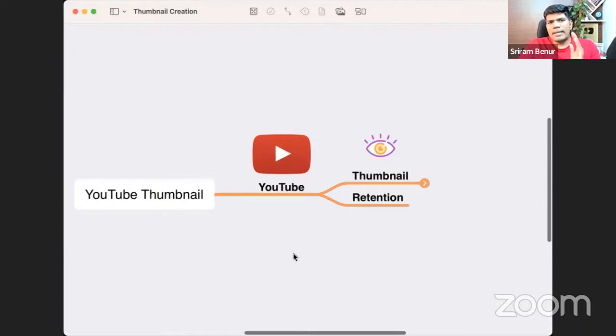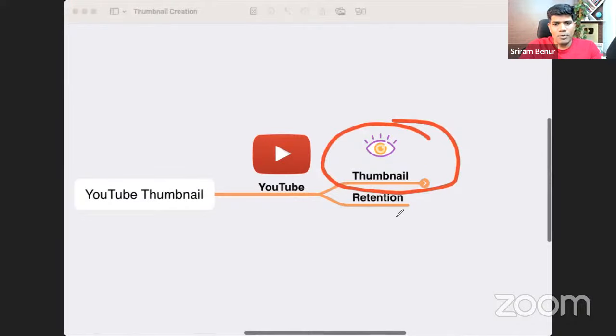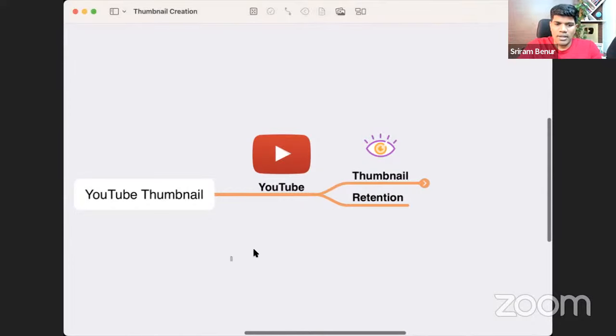When it comes to getting great views on YouTube, there are 2 things that really matter the most. Of course, one is creating a great thumbnail, which is going to grab audience attention. The second most important thing is audience retention. Now, what is audience retention? Say, for example, you created a 10-minute video. What is important is how long did the audience watch your video? Did they watch for 30%? Did they watch for 40%? Did they watch for 50%? Right? The higher the retention, the better.